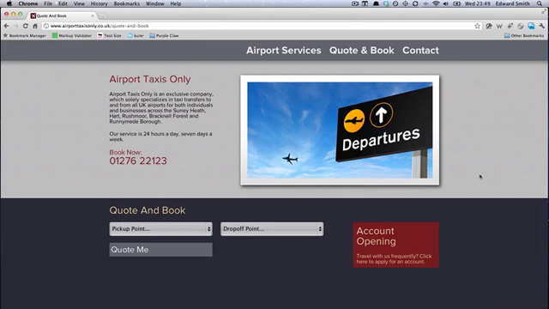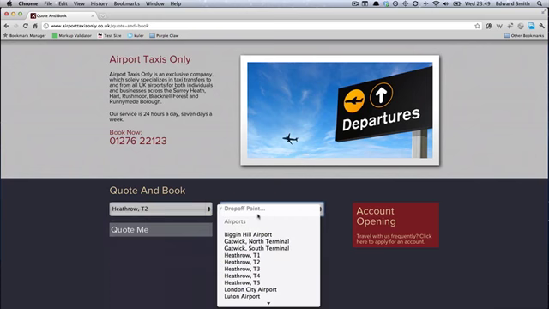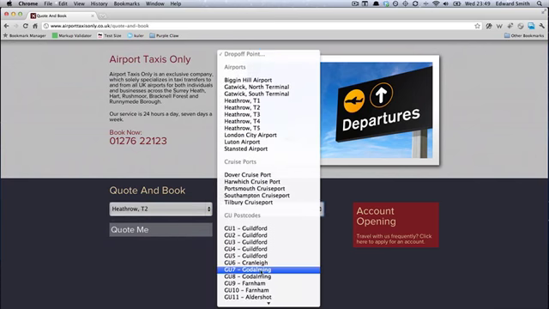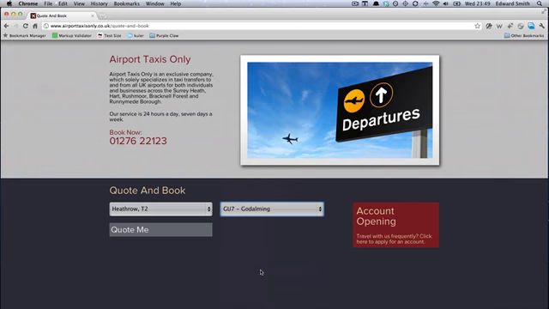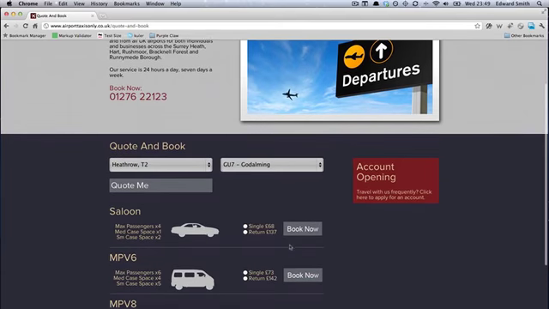This is just a quick video to talk about the development process of the website, as it has a pretty cool feature in that it allows customers to get a quote for a taxi and book online. So a client logs onto the website, they choose their pickup point, they choose their drop-off point, clicks the Quote Me button, and are instantly provided with single and return journey prices for 3 different types of